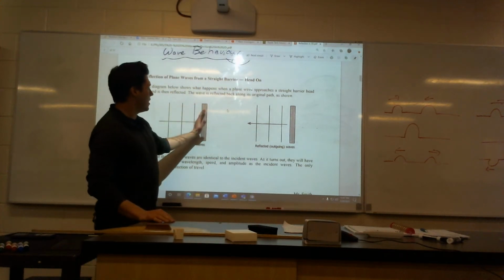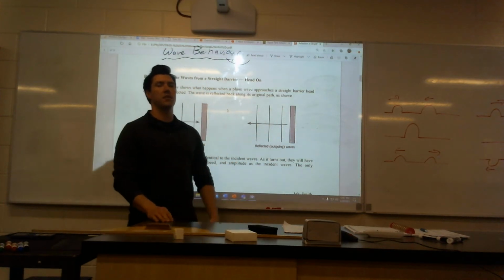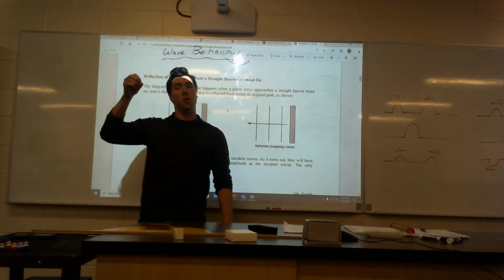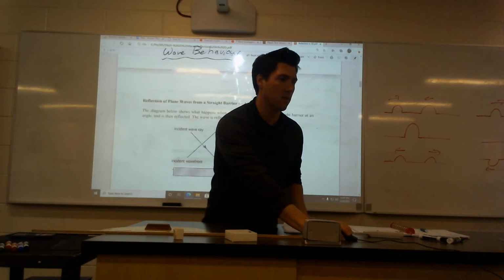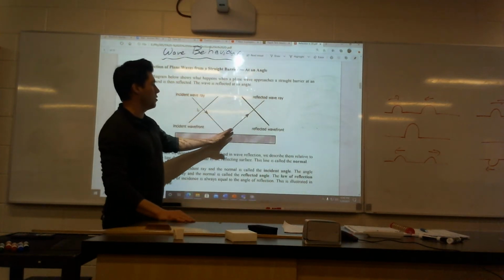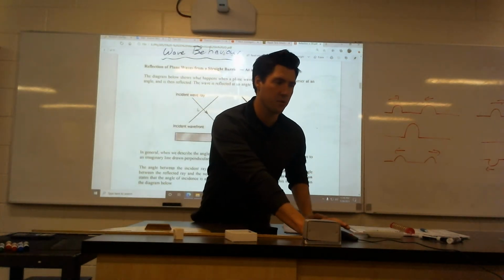If a wave comes in at exactly 90 degrees, it's going to bounce back exactly. If you have a ball and you bounce it straight down, it's going to come straight back out. If you take a ball and bounce it at an angle, it's going to bounce off at an angle. So here's our angle. If I throw a ball or have a wave and bounce it, it's going to bounce off in that other direction. I won't talk about that too much because I talked about it in the reflected waves,